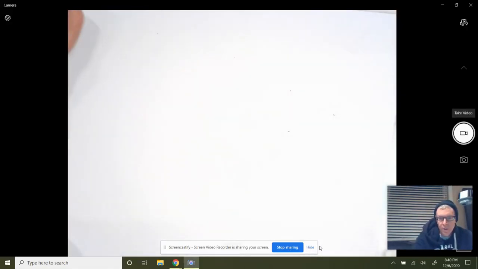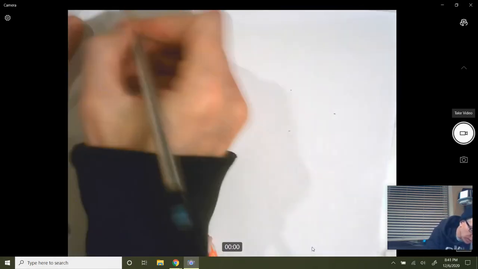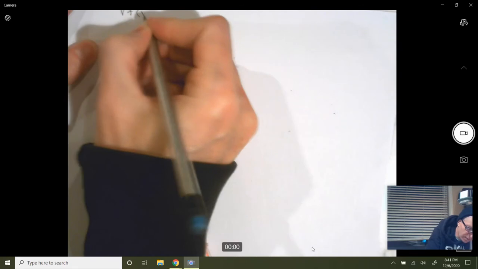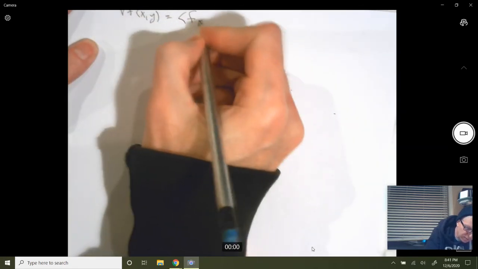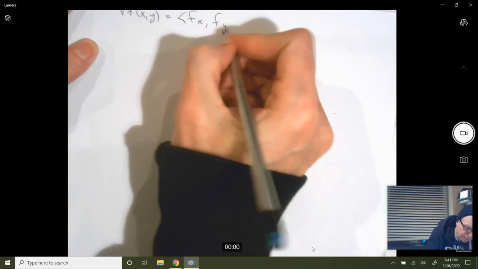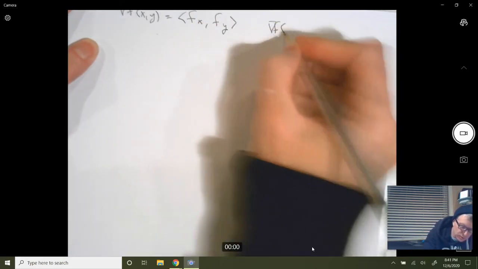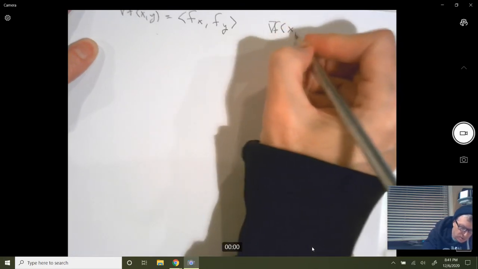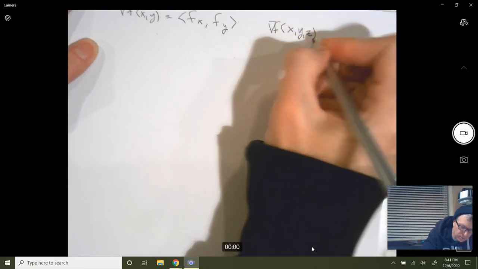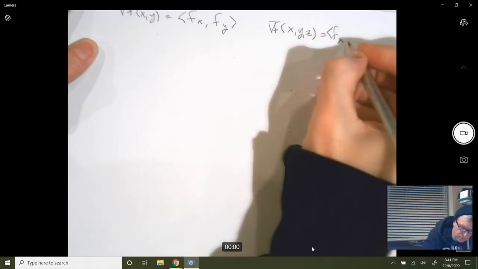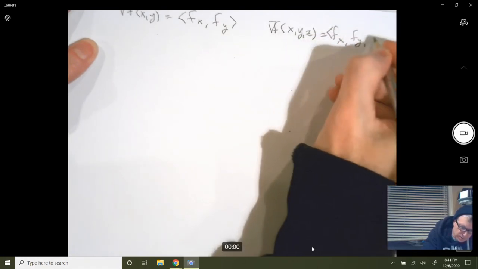Good morning. All right, last week we talked about a gradient. Just to recap what a gradient was, if you've got a function of two variables, the gradient of f of x, y is equal to the vector formed by your x derivative comma your y derivative. In the same way, you could have a gradient of a function of more than two variables. Let's say x, y, z, and that would be your x derivative, still a vector, your y derivative, and your